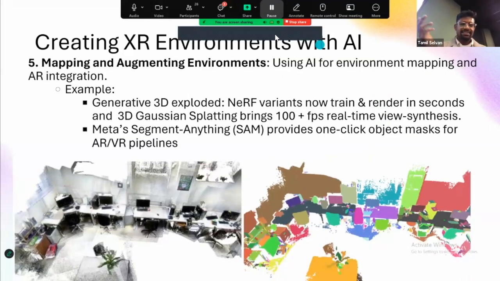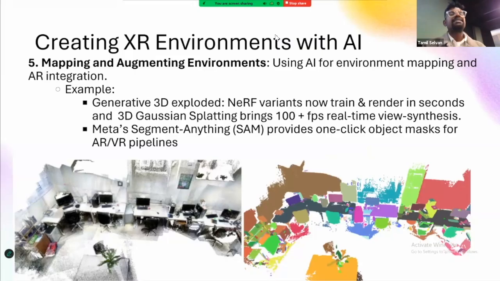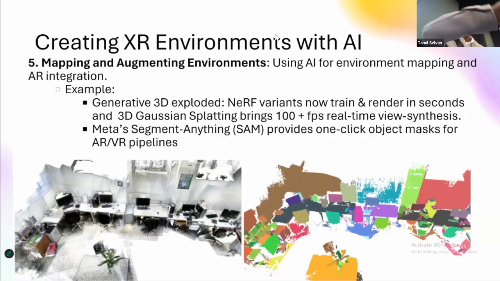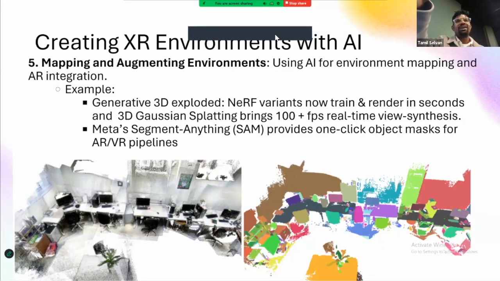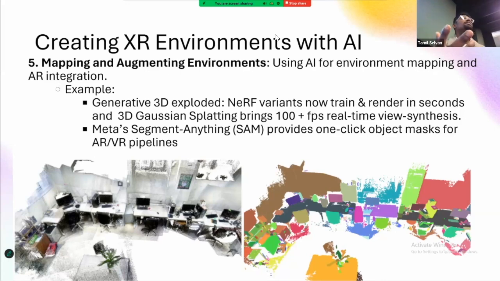The final part is the Segment Anything. This is very famous for augmented reality applications where you use AI models to instantly track all the objects and mobilize everything. So there are current AI models such as NeRF and 3D Gaussian Splatting that run in the device that can render the whole 3D and give you an accurate mapping of where the chair is. How do I move the chair if the chair is in this one? How to track the. So this could be very useful for any augmented reality application where it can accurately say,